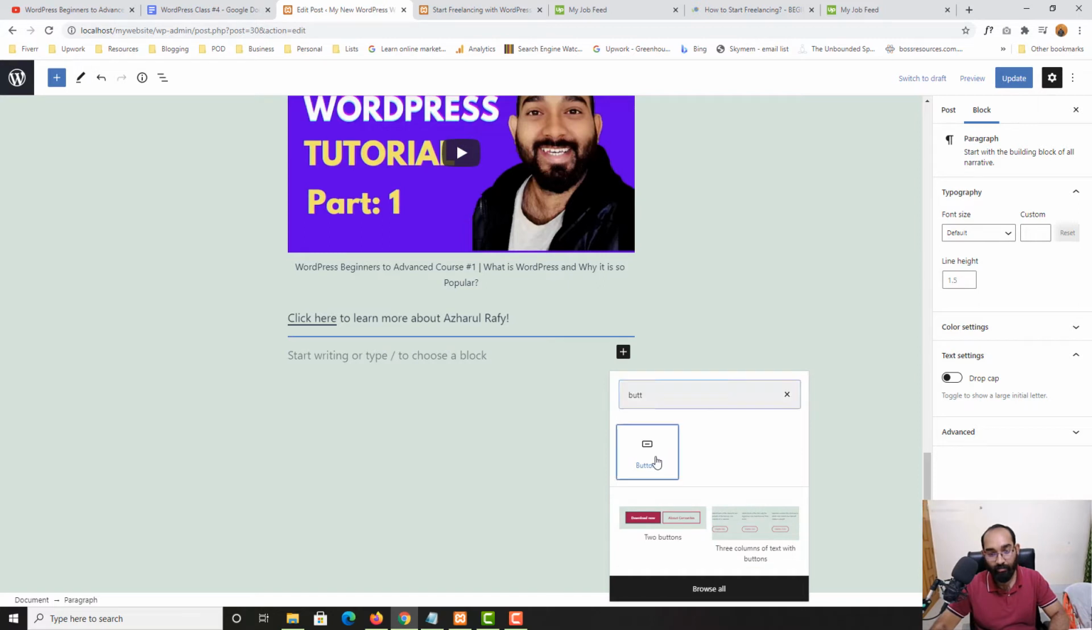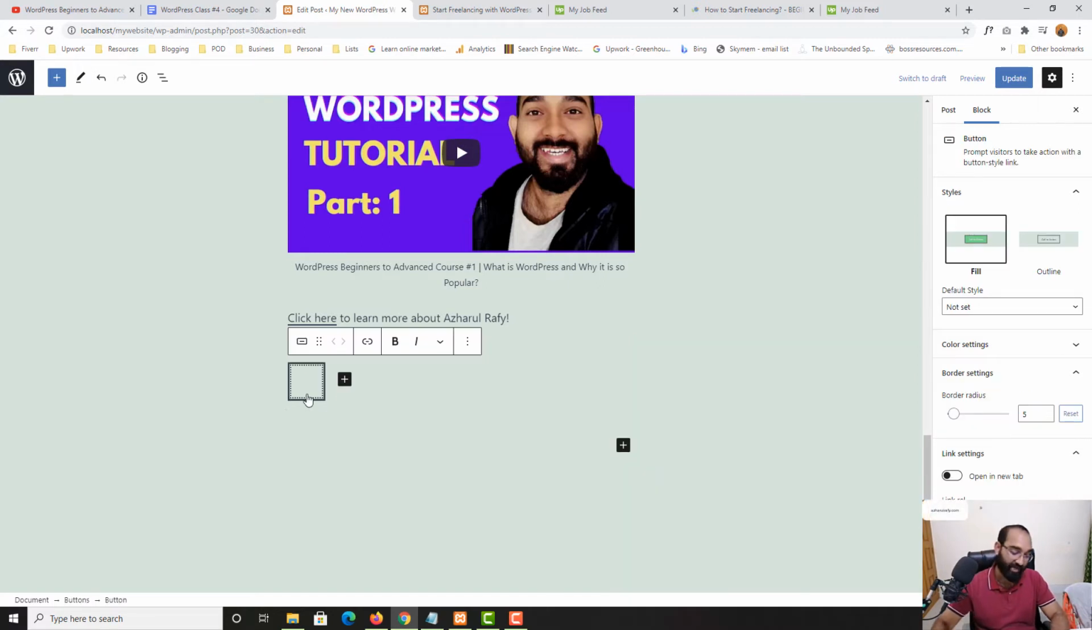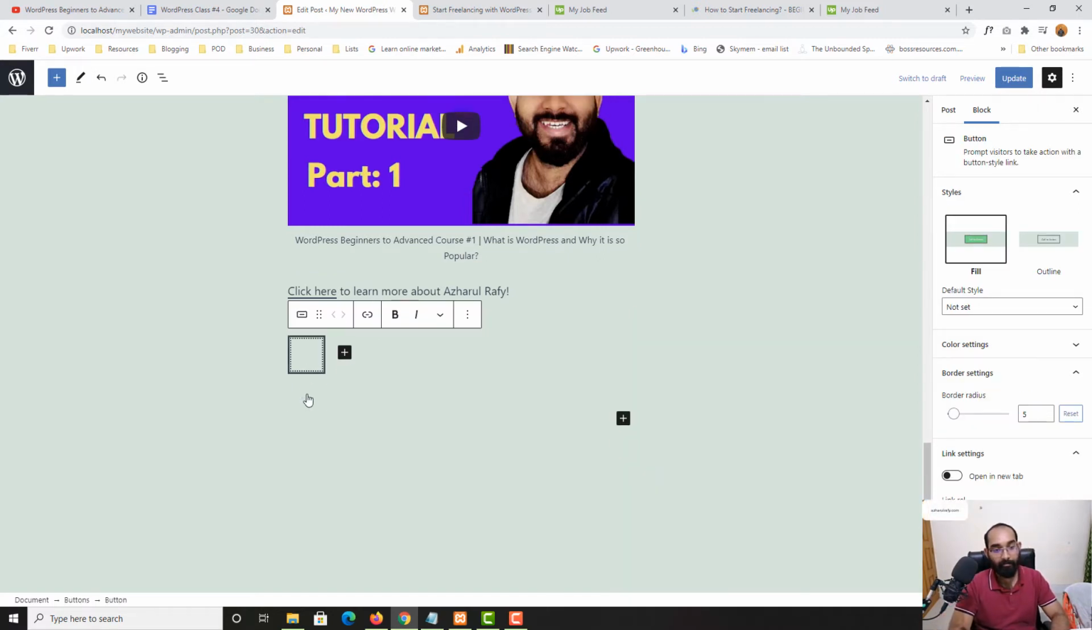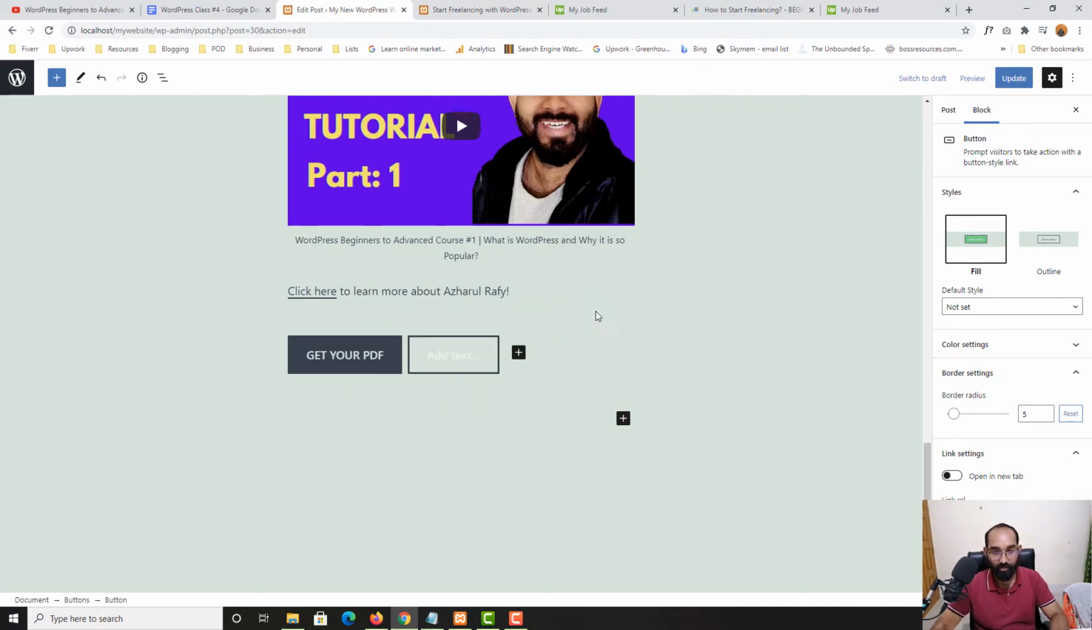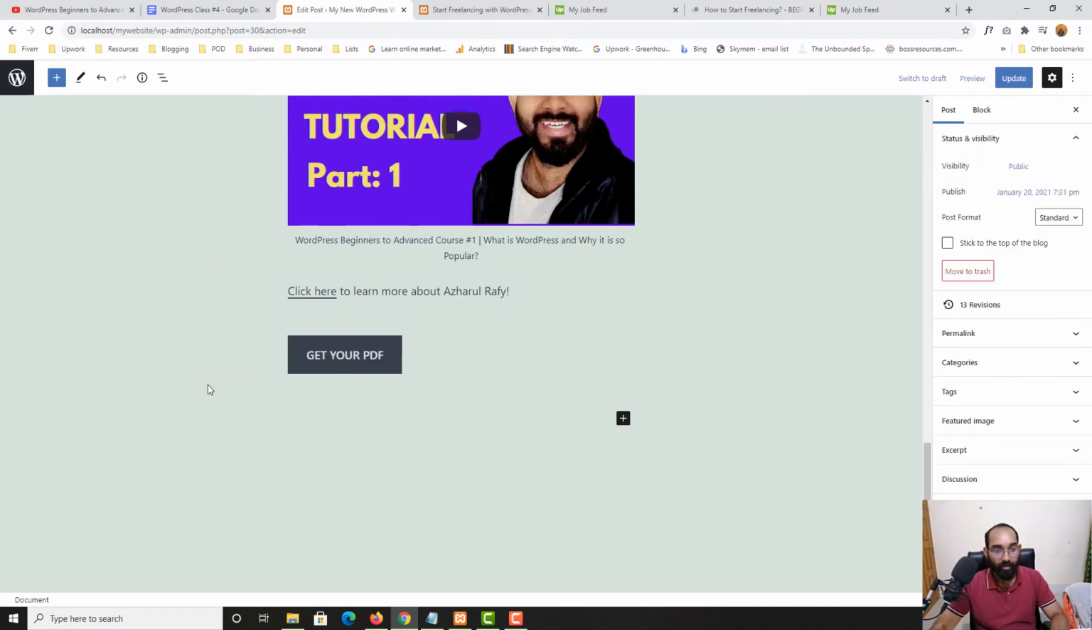So let me click on button, and then if I write something here, let's say get your tutorial, or get your PDF as an example. So hit enter, just take a look. We have got this button done. Now I don't need this one, so let me just click and remove. All right, so just take a look. We have got get your PDF, and whenever we are hovering over, we are getting this